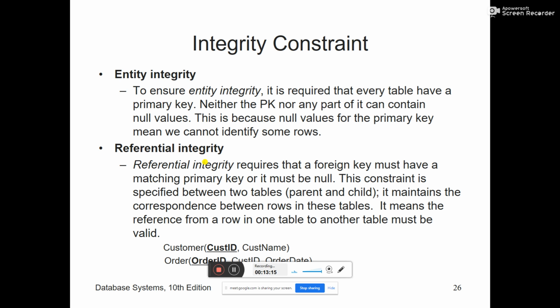Okay, this slide I added new over here. I think you should know this. Integrity constraints. Okay, what does it mean by entity integrity? If we say that this entity satisfies entity integrity, it means it is required that every table have a primary key. In order to ensure entity integrity, a table must have a primary key, and when it has a primary key,